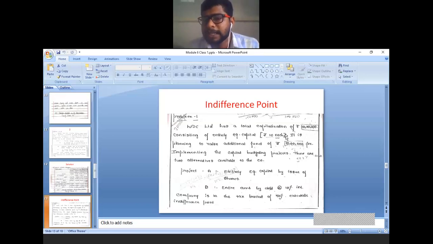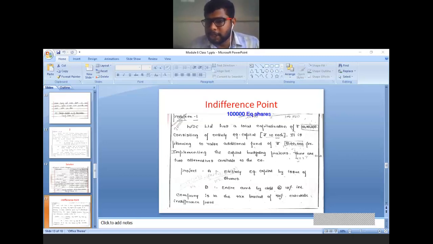That is the existing capital structure. I will write it here, so you note it down there itself, so that later it will be easier. So 1 lakh rupees, 1 lakh equity shares. Now it is planning to raise an additional fund of rupees 5 lakh. What I told, whatever additional amount is there, that amount you have to compare with the plan. In the last problem 4 plans were given, here 2 plans are given. Remember, for indifference point only 2 plans they are giving. So the additional capital is 5 lakh.